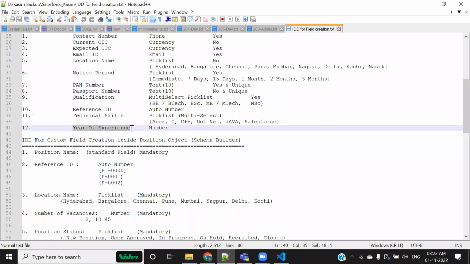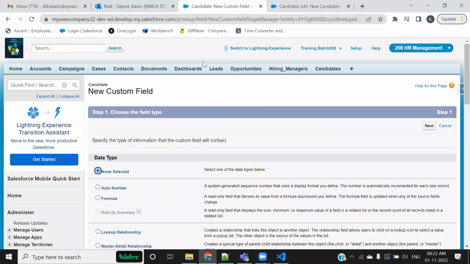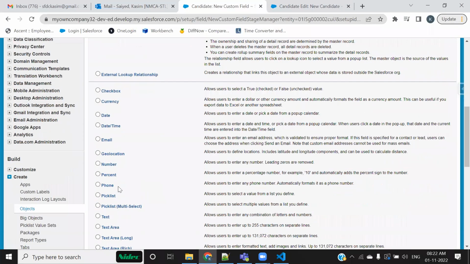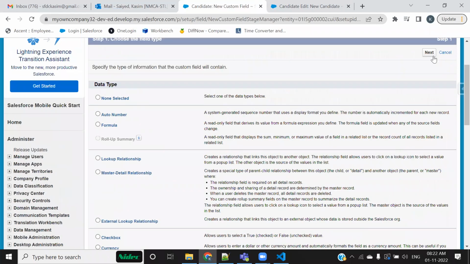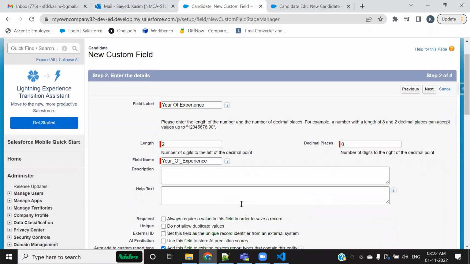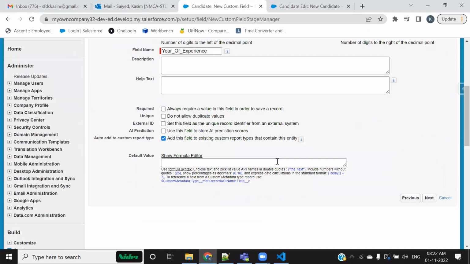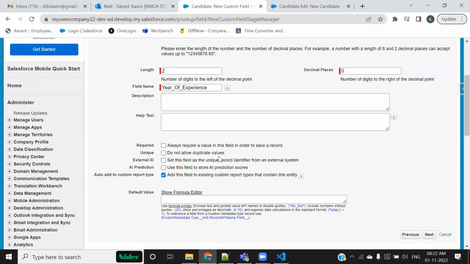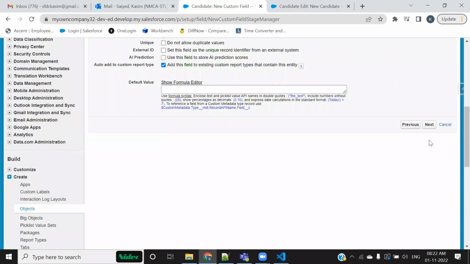Now the next is year of experience. That's a number field. So this one is last. I'll be selecting number from here, number. The next is this. Now the length should ideally be 2. Year of experience, ऐसे मतलब length 2 मतलब कितना होता है 0 से लेके 99 तक. इतना काफी है ना. मतलब इससे ज्यादा एक्सपीरियंस किसको हो सकता है, इंसान को तो नहीं हो सकता है. मतलब मैक्सिमम कितनी लाइफ होती है अपन लोगों की, तो उसके हिसाब से 2 डिजिट नंबर ठीक है. Not required. Next.